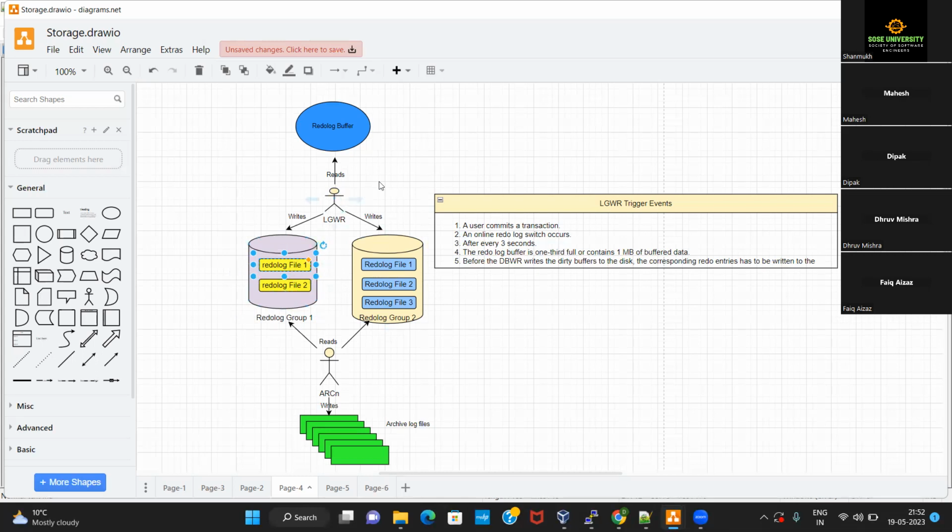So what is going to happen is, whenever the LGWR background process gets triggered, it will write the redo entries into the redo log files. That's what we discussed. Let's say it is writing all those redo entries into this redo log file. Now it might happen that this redo log file, named redo log file 1, gets corrupted.